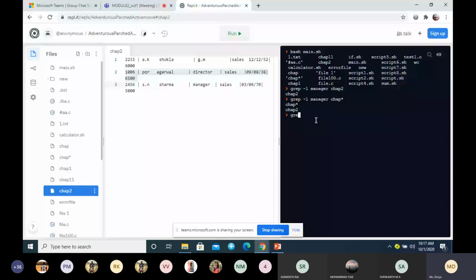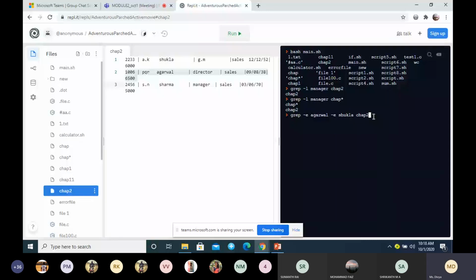I want to match the pattern Agarwal and one more pattern, Shukla. This is the file CHAP2. These are the two patterns. If I want to match multiple patterns, I have to use -E.